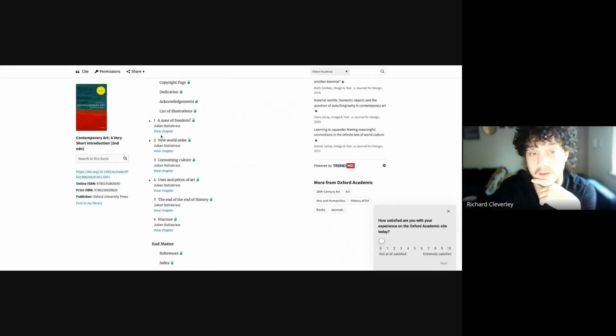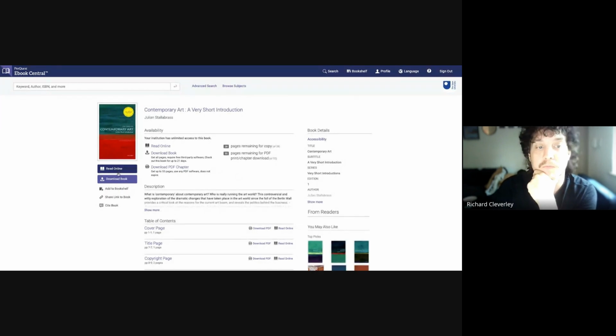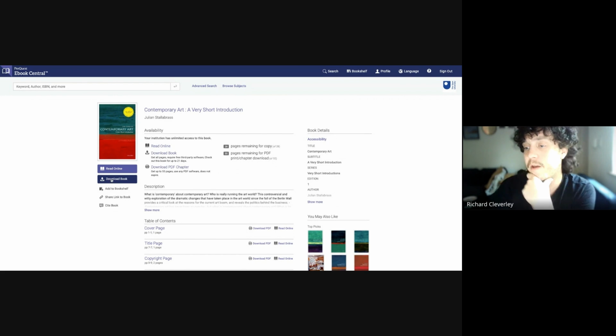So in this case, we can see there's view chapter underneath each chapter, which would allow us to open it. Or if we were on a different book platform, it might ask us to read or download the book. Downloading books from the OU library means that you can read them on your local device, and in some cases